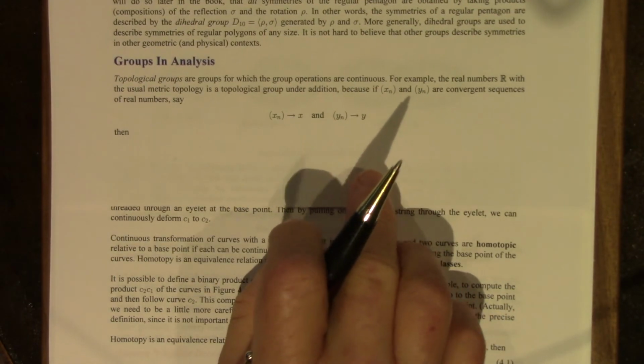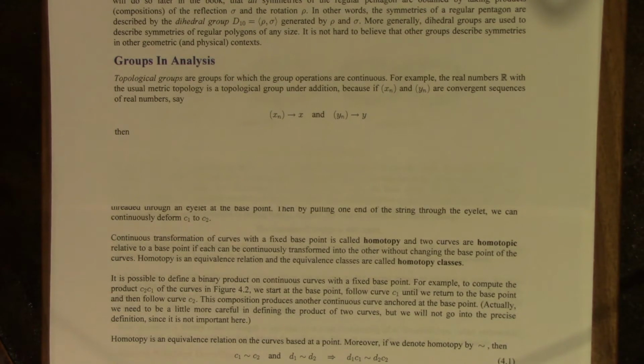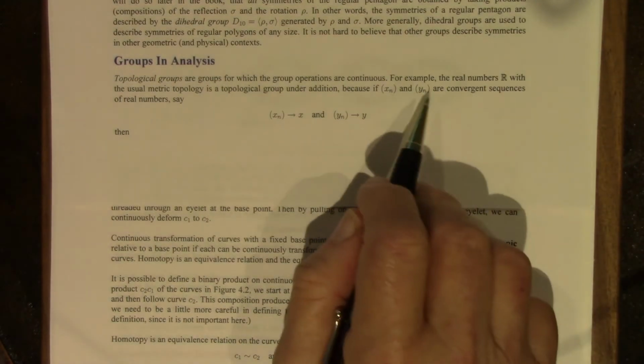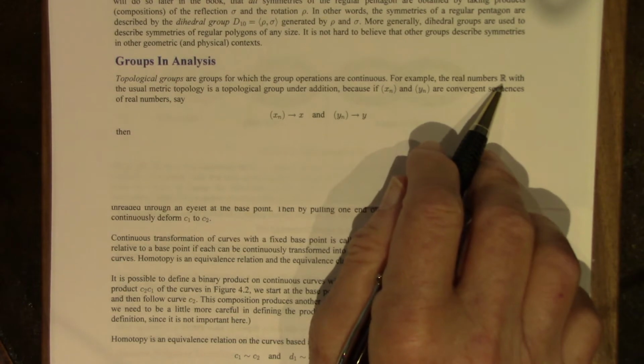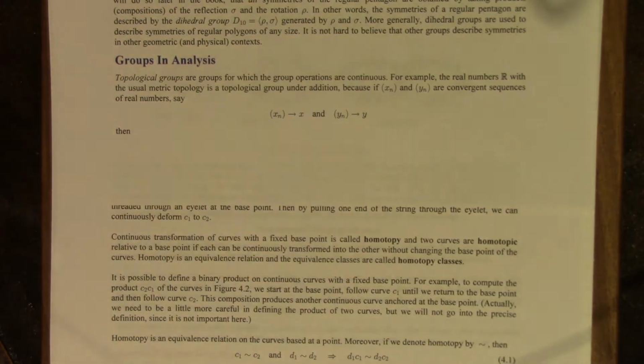Let's look at groups in analysis. Topological groups are groups for which the group operations are continuous. So there needs to be a setting in which continuity can be defined. That's a topological setting. As a simple example, the real numbers R with the usual distance function, it's called a metric, are a topological space. They're a metric space, this set. And it is a topological group under addition,